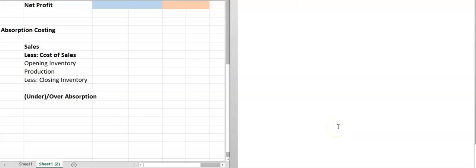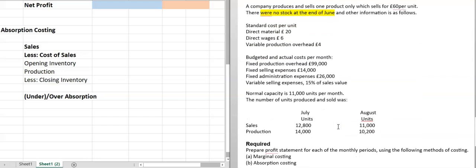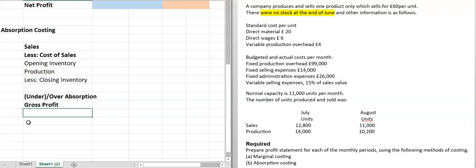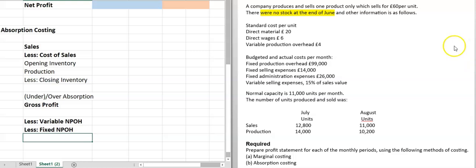After adjusting for that, you arrive at the gross profit. Then we have to less all the non-production variable, or otherwise we can say variable non-production overhead cost, and you have to less the fixed non-production overhead. Why? Because here